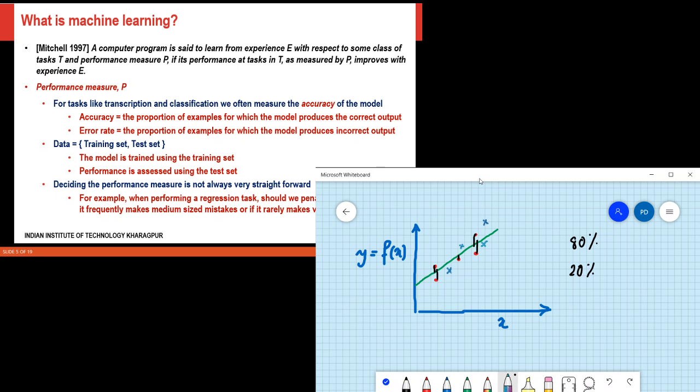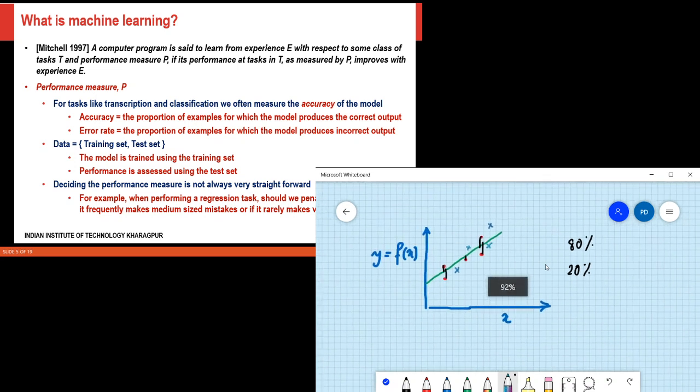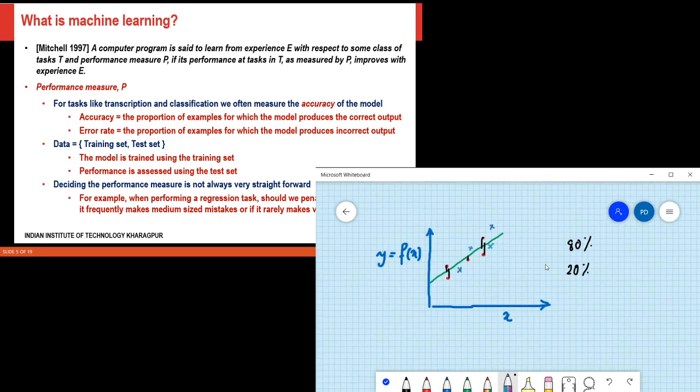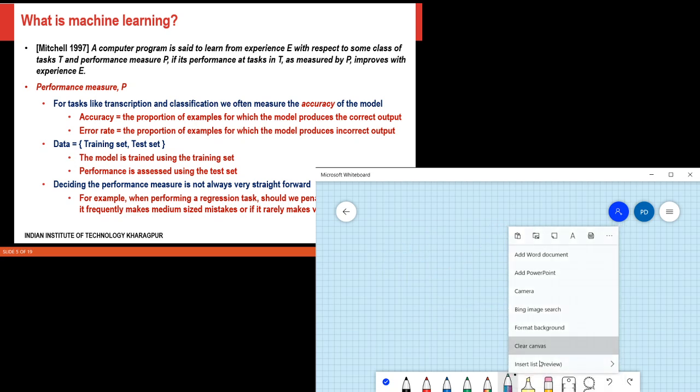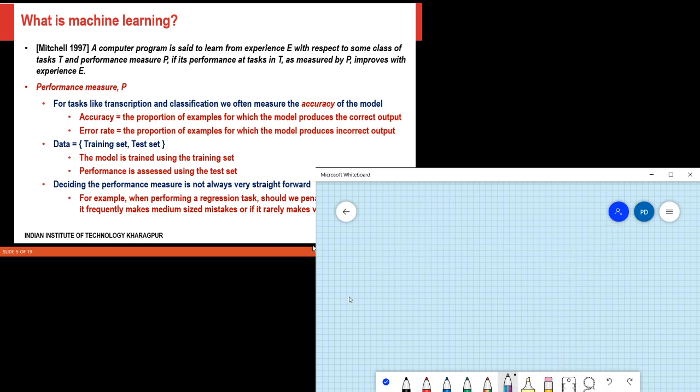Now let us see a variant of this example. Let me clear this up and start afresh with a new set of axes.